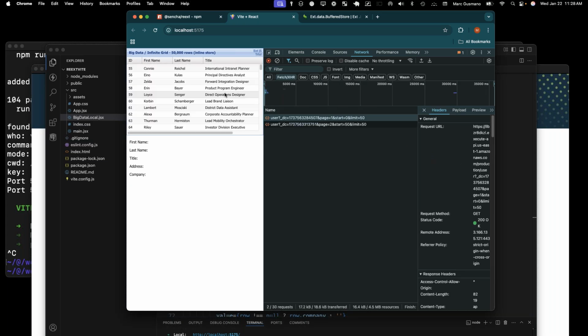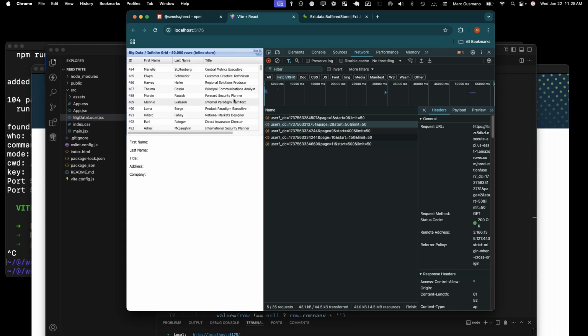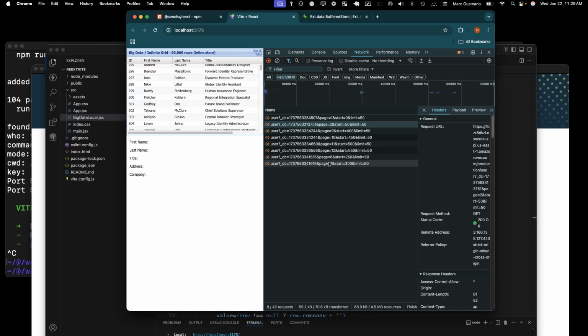As I start scrolling, as I get past 50, look what happened. Automatically, another call was made to the server, but this time it was to page 2. And if I scroll back, I don't have a retrieve of page 1. If I keep scrolling really long, you can see I keep getting more and more pages. At some point when I scroll backwards, some of the pages that were there before may not be there anymore,